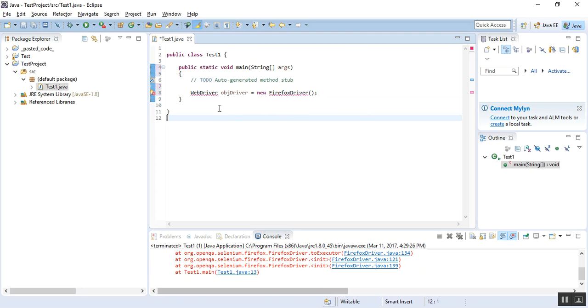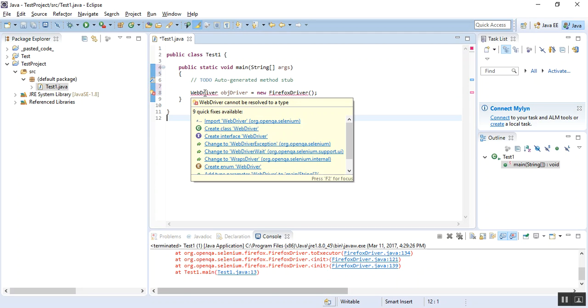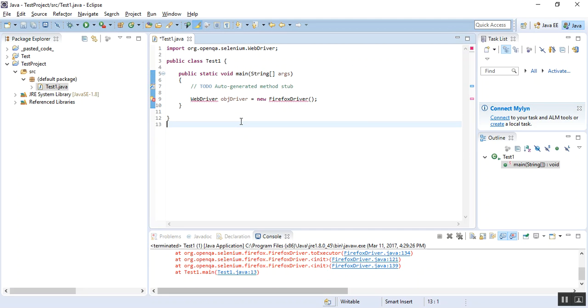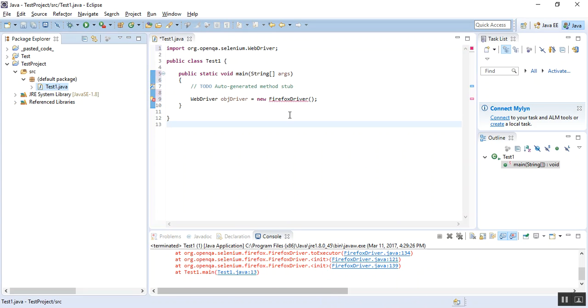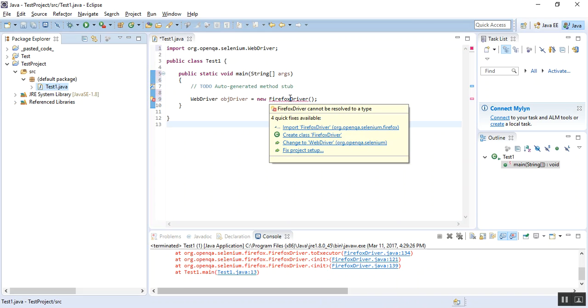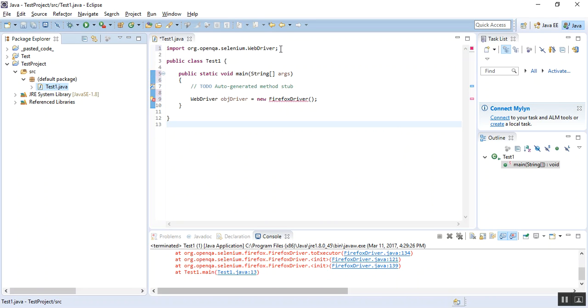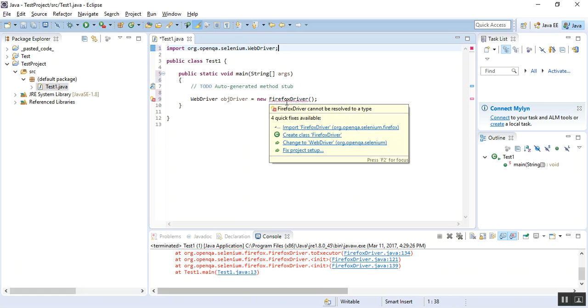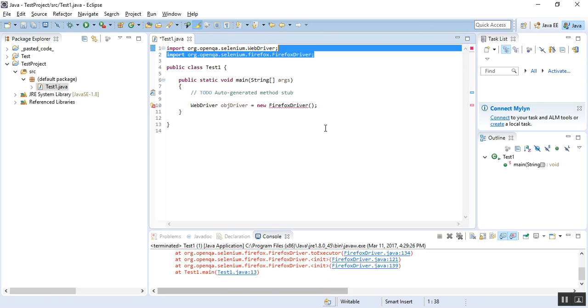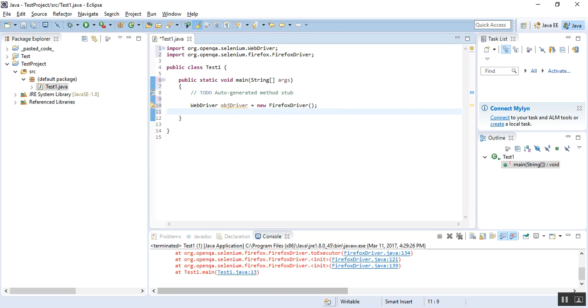I could see some errors with this red marks. I would just hover my mouse over there and I'll just import this WebDriver. Since I've already integrated the WebDriver jar files, it is available in my project under the reference library. I could just hover my mouse and pull in the requisite jar files. So I had an error on WebDriver. I pulled in the selenium.webdriver jar file. You could see on the top. Similarly, I'm getting an error on the new Firefox driver line. I will import the Firefox driver. So now this error is resolved and I am in a position to use my driver object.